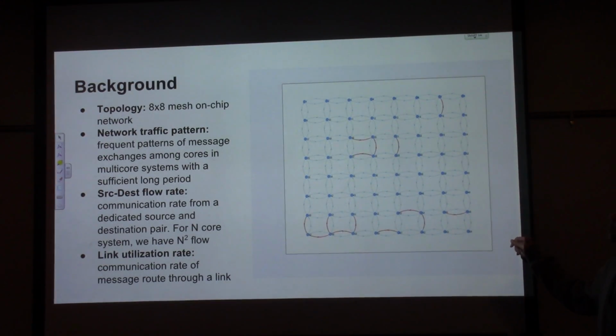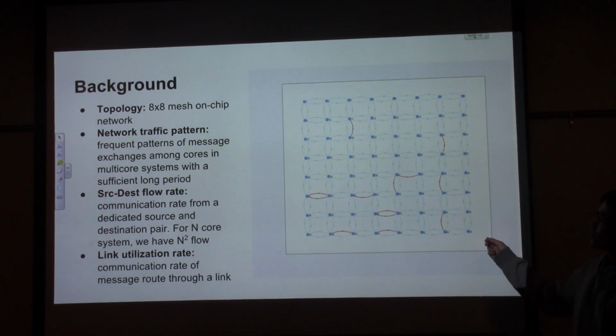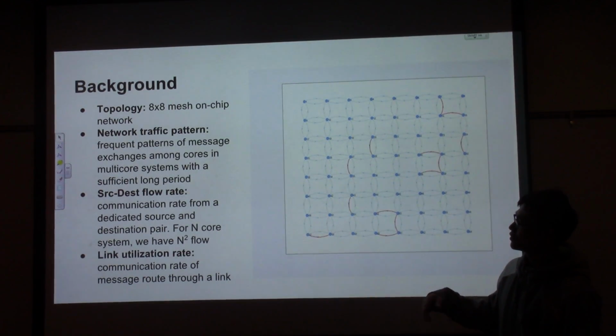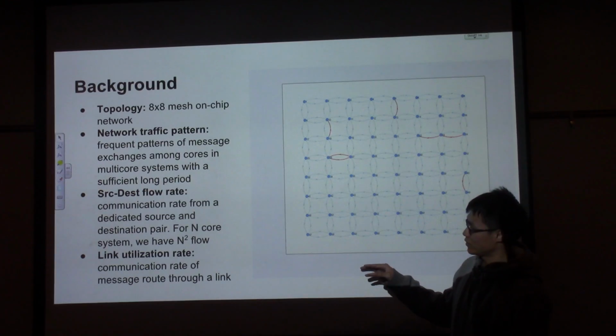So here is an 8x8 mesh on-chip network, and we can see there are different patterns as time goes by. Here I'll give you some background on the data we're collecting and the features that